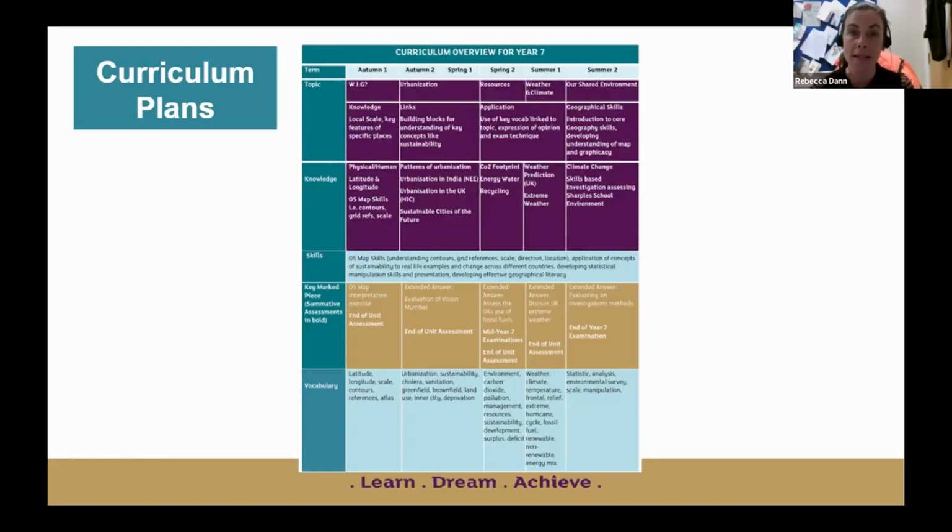How does that progress? So making sure that they're not repeating the same vocabulary all the time, but that is progressing. And that's really important for retrieval as well, and students storing this vocabulary in their long-term memories, because staff starting in geography in Year 8 can check that students have learnt that vocabulary. So every single subject area has vocabulary mapped out on their curriculum plan from Year 7 to 11.